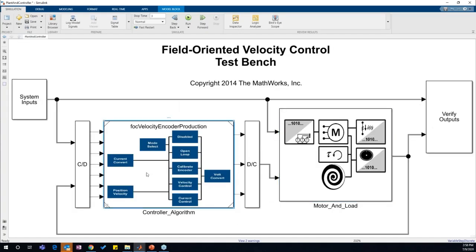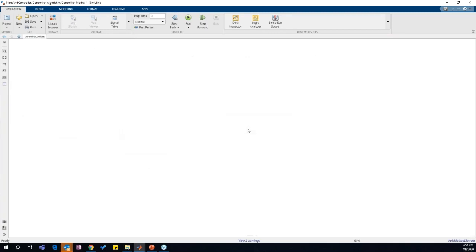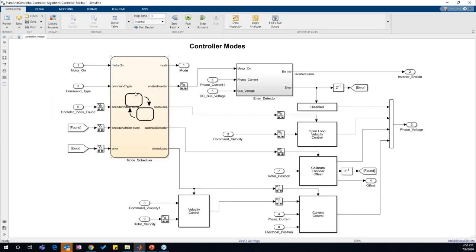Coming back to the controller, as we are talking about the field-oriented controls, there are a lot of subsystems in the field-oriented control, wherein on the left side, what you see is a mode scheduler. It's kind of a high level or supervisory control, which helps you to determine whether you need to run open loop controls or closed loop controls, or velocity control or current control, because based on the mode of operation, you need to switch between some of these controls. So this determines that, and we have in detail controls for either velocity control, current mode, or open loop control. I'll not be getting into the details about it,